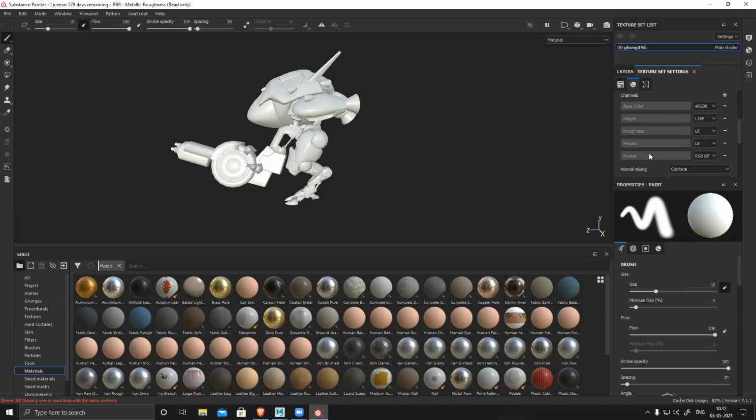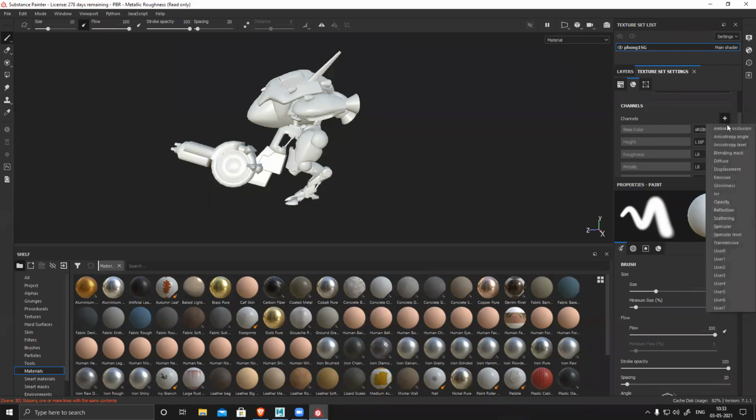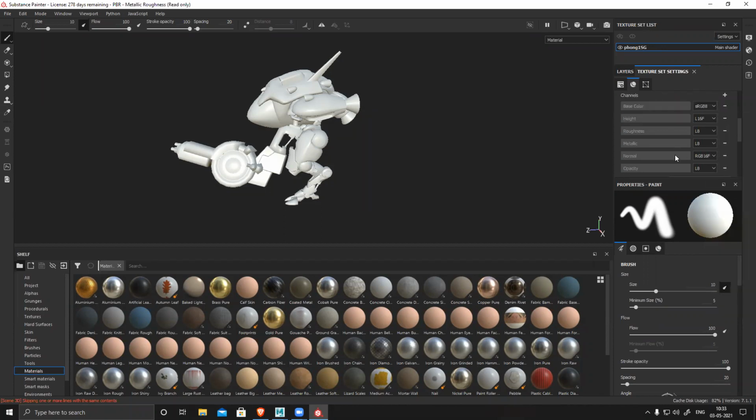Then if I want anything extra, I can click plus and add emissive, opacity, reflection, and all those effects. If I have something very specific, like for this visor, this part, it's glass. So for this part, I need to select an opacity map. Otherwise, it won't work. And right now, I'm using only one solid material. You can see, one material. So I'll switch on opacity. You can see opacity added here, but it won't work unless you activate opacity in your material.